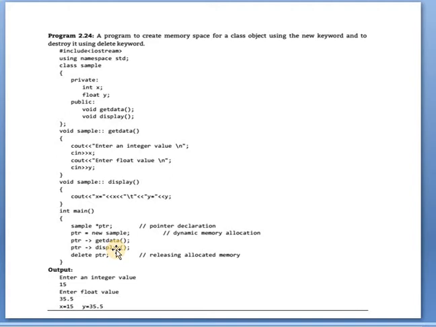We have seen that by using the object name and dot operator we can call the member function, but here ptr is a pointer. So to call the member function, we require the arrow operator. We are not using the dot operator because this is a pointer. So ptr arrow getdata, ptr arrow display. Now these two functions are called.